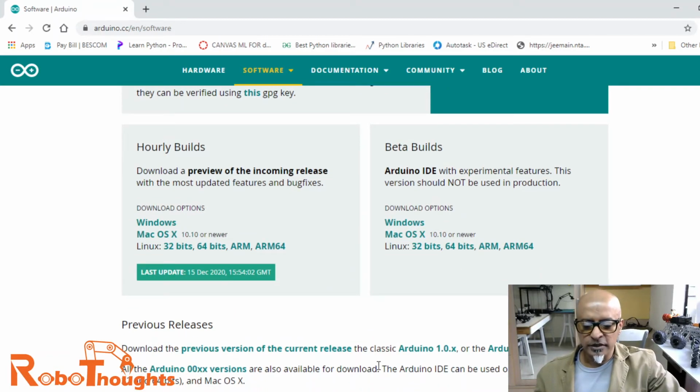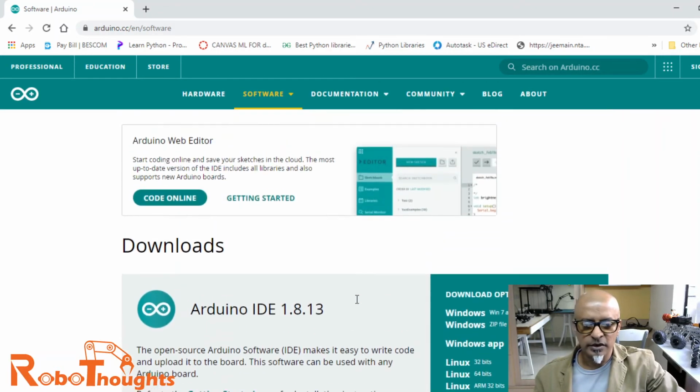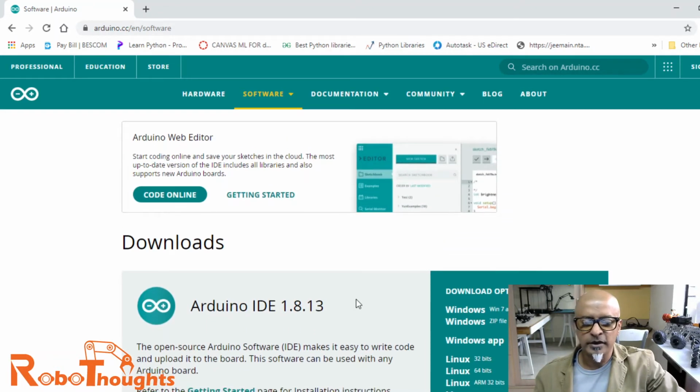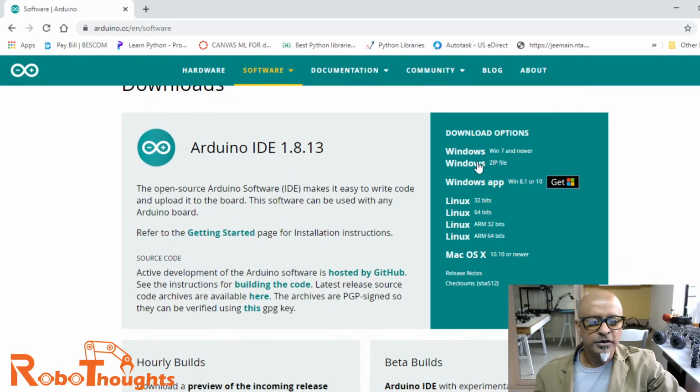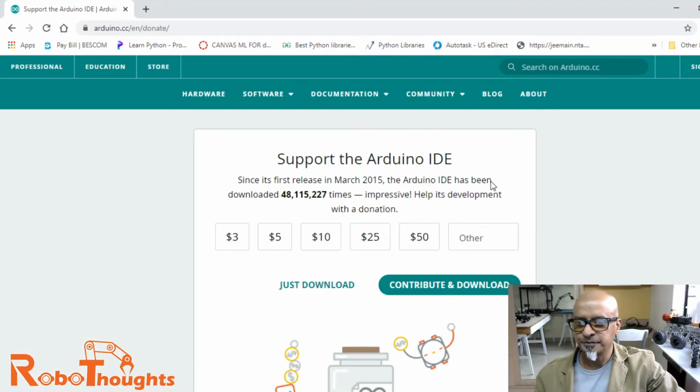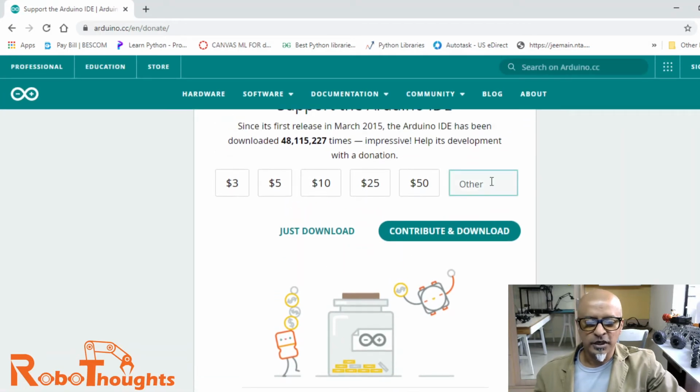Let me just show you. Maybe I can download one more. It doesn't make any big change. Download zip. No, I'll just download the app. Yeah, so once you click that, you just have to click just download.